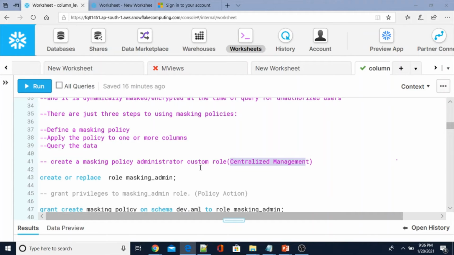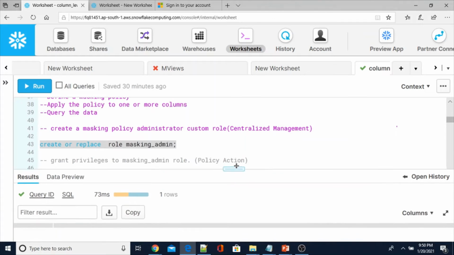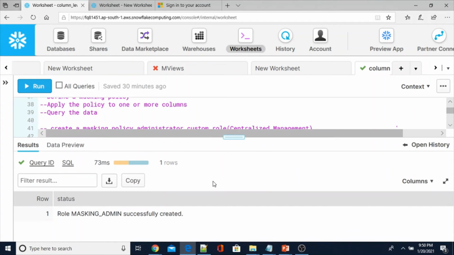In that approach, I'm going to create one role called masking_admin. So: create or replace role masking_admin. Role masking_admin successfully created.